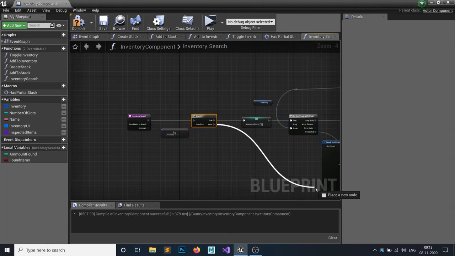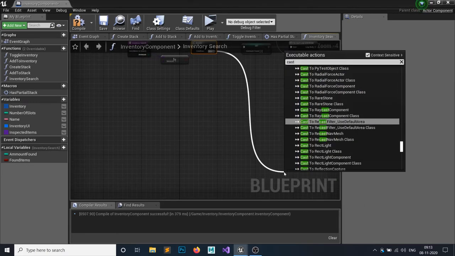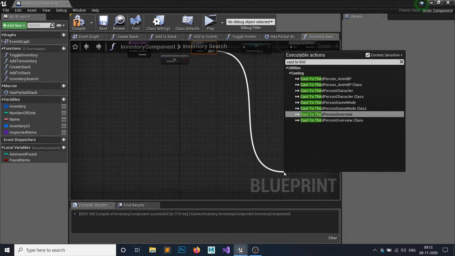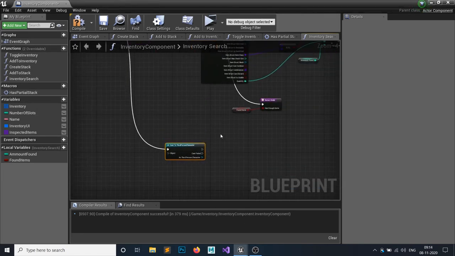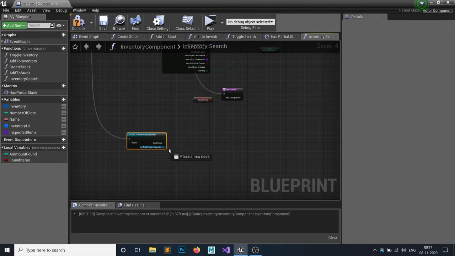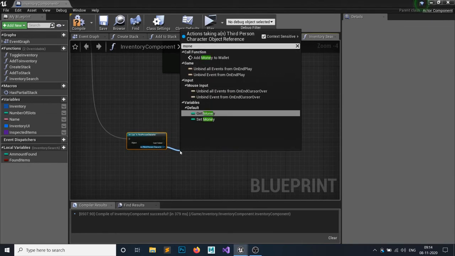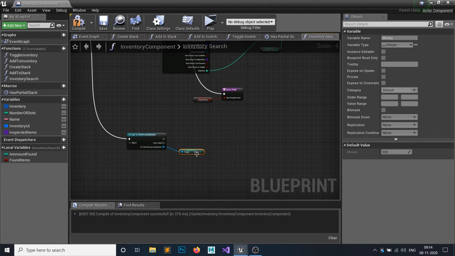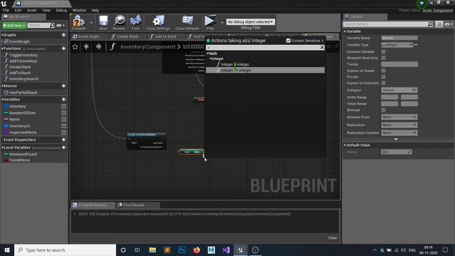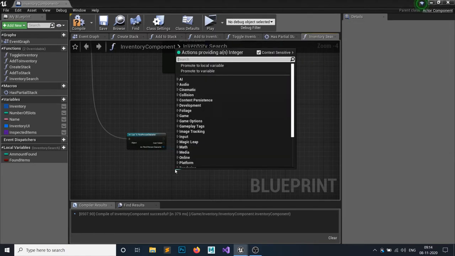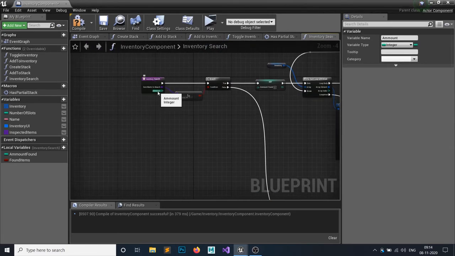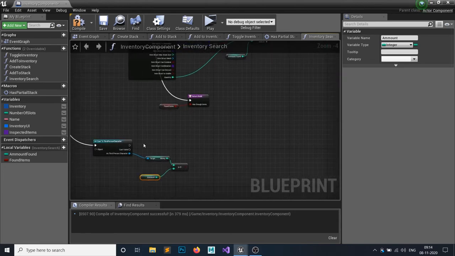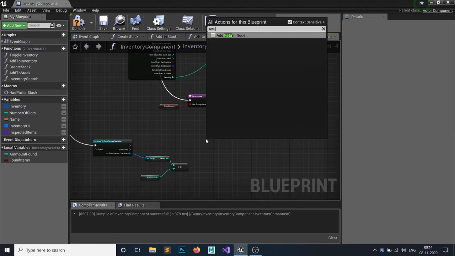If it's equal to money, then simply cast to your third person character, or whatever character you are using. And if you remember, we have our money variable we have defined. So get money, and check if this money is greater than or equal to our required amount, the amount, this one, the parameter. If this is greater than or equal to our amount, then we will set this to the return value, otherwise not. So return node.